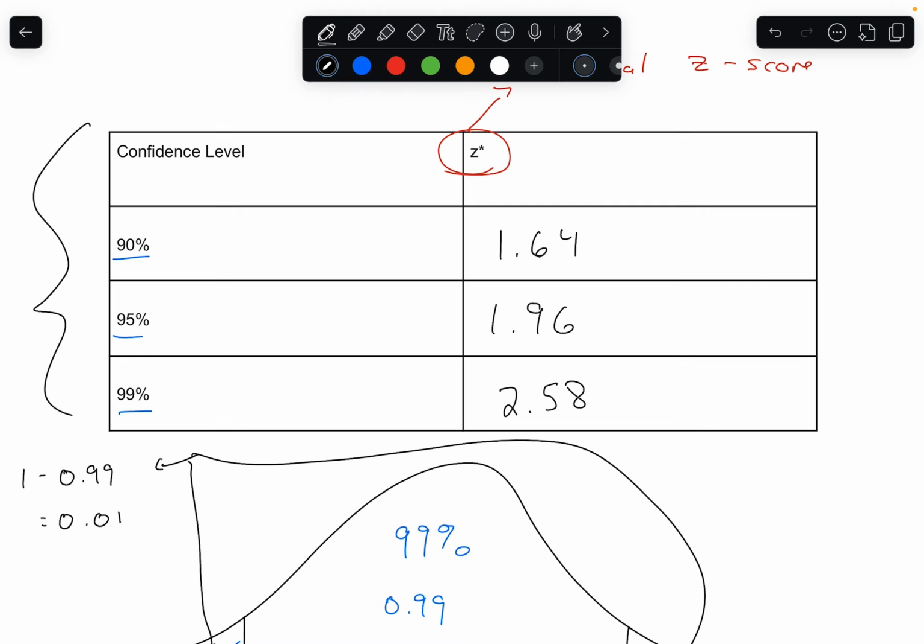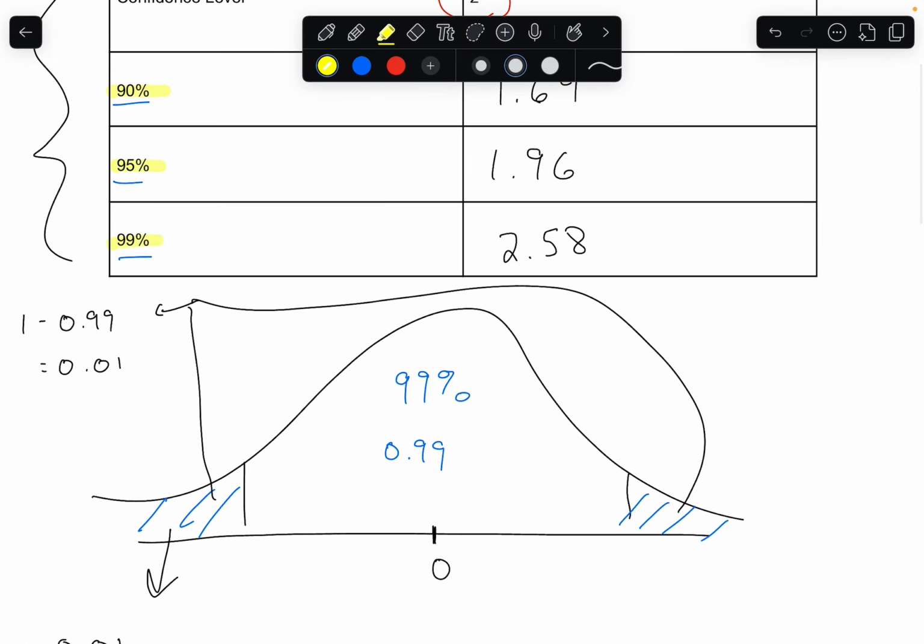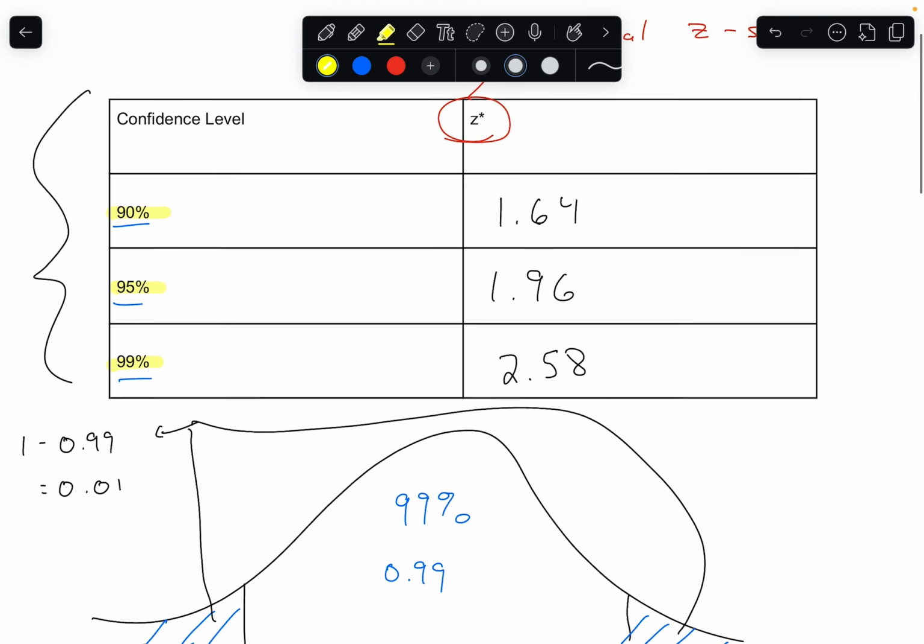And what's nice is this table can be used for all confidence intervals regarding proportions. And you'll have access to this on your formula sheets for quizzes and exams. So this is nice because we can use this method for other confidence levels. The vast majority of confidence intervals are done at the 90%, 95%, or 99%. But if there was a weird scenario where I wanted a 98% confidence level, well, that would change my critical z-score, and I could use a very similar thought process to find that critical z-star corresponding to whatever confidence level that I wanted to. But these three cases